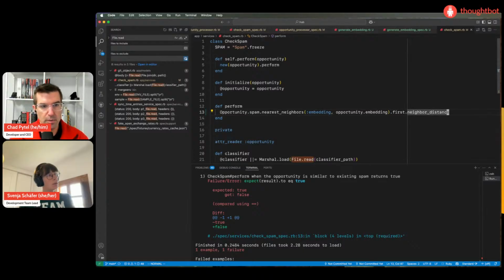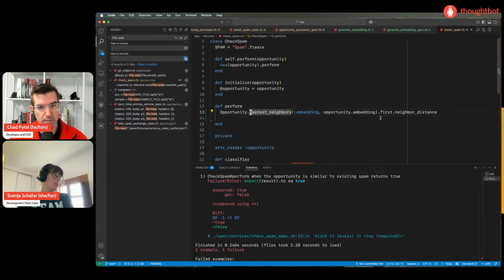The other way to do it would be that we don't do it just against spam, but against all opportunities, and we ask for the nearest neighbor. If the nearest neighbor to the opportunity we're checking was spam, then it's very likely that this one is spam.